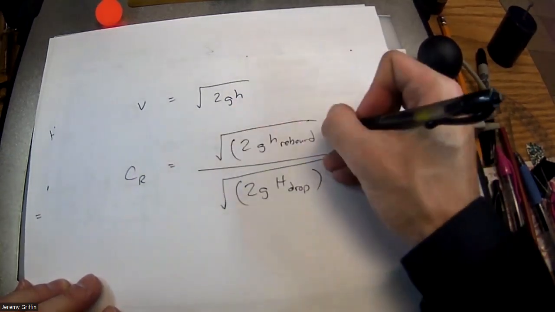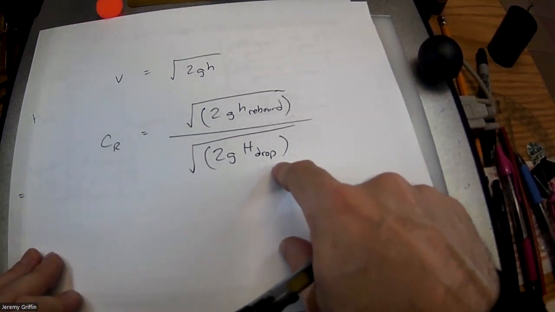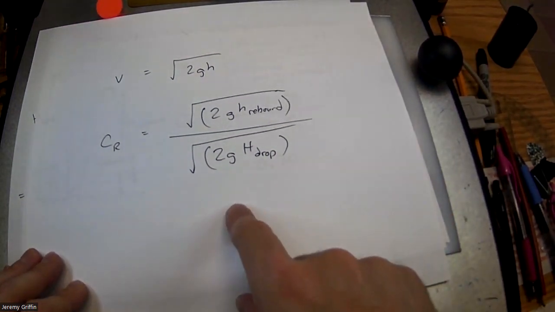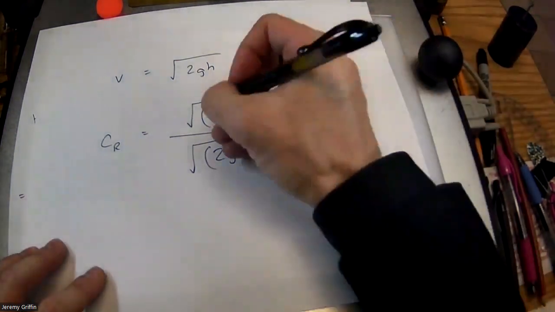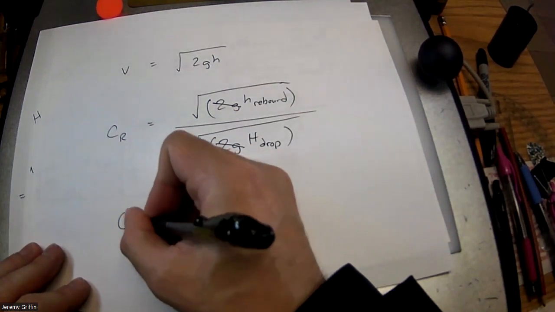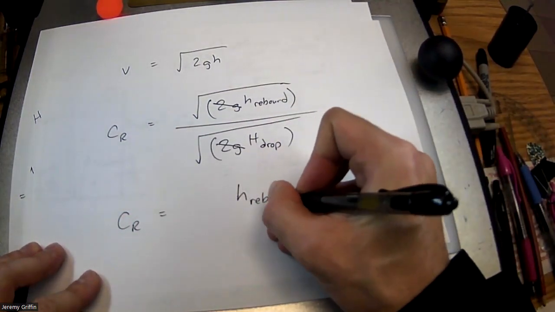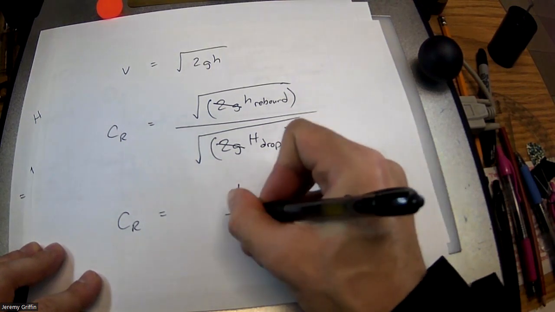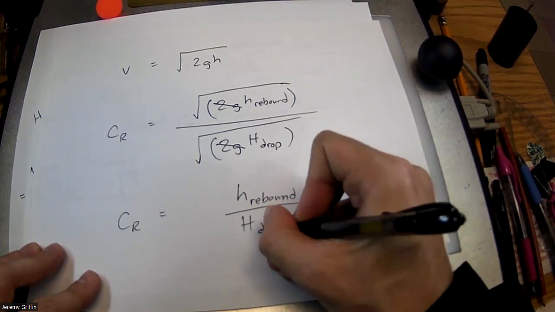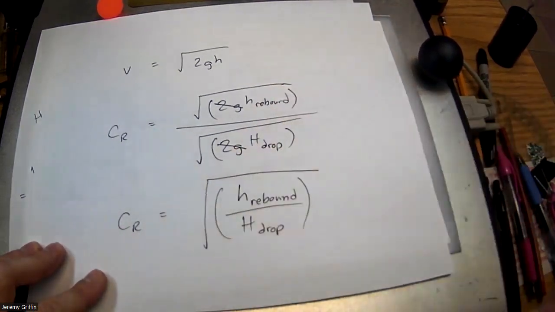Just like that. That also be true? Okay. See, if that's true, do you guys see some stuff that's going to cancel out? Is that true? Okay. So coefficient of restitution is, you can take the ratio of the rebound height to the drop height,